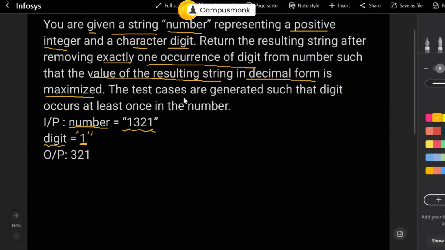Okay. The test cases are generated such that the digit occurs at least once in the number. Fair enough. So now you have the number 1, 3, 2, 1, and your digit is 1, right? So which one will you remove, this one or this one? Mind you, there is a condition given here that the value of the resulting string formed should be